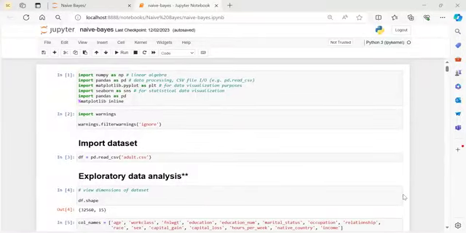Sir, is this a job of a data scientist, or are all the steps the job of a data scientist, or will any other persons be involved? Yeah, see, consider this is a job of a data scientist only. Sometimes what happens is, at the enterprise level,